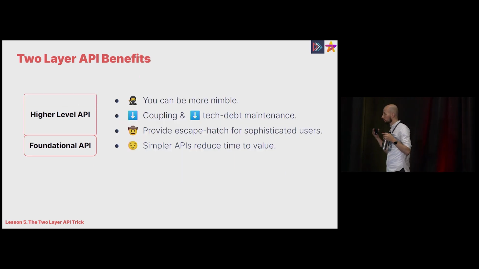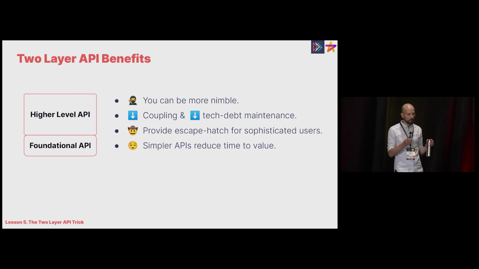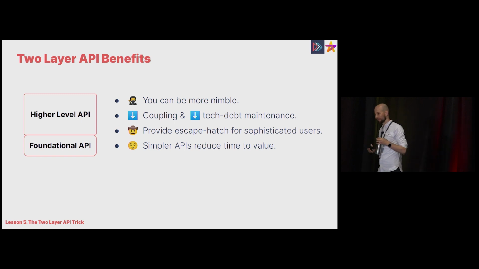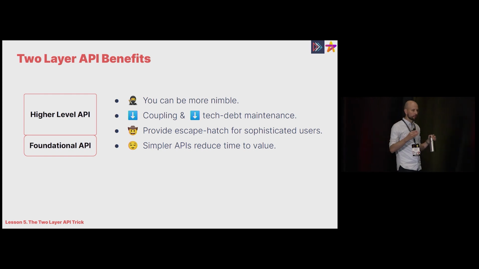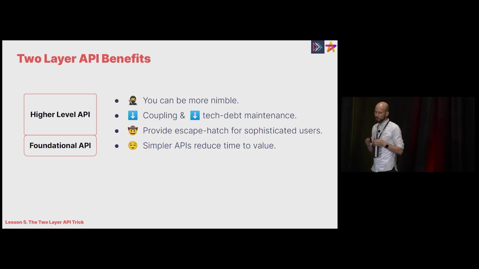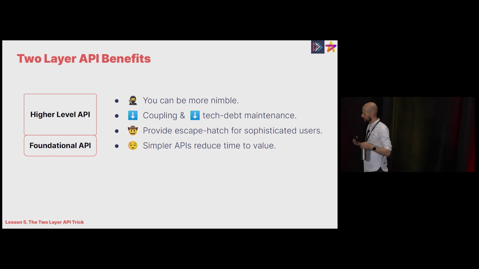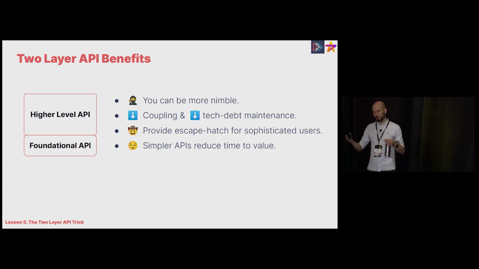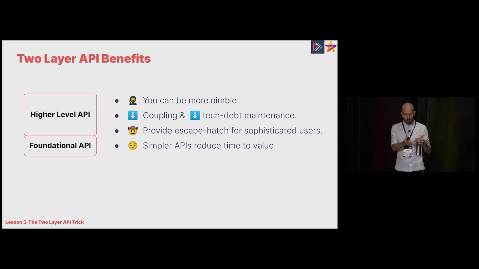Cool. So in terms of the benefits, right? Overall, I think this will enable you to move more quickly and more nimbly, right? So less of a short-term play, more of a medium to long-term one, since tech debt is the thing that really kills you and it kills your processes and platforms. And really, the reason why is that this helps you reduce your coupling, right? Your foundational API is the thing that couples to where things run and what things are, whereas the high-level API is more the semantics of what you do with your system. In which case, this helps reduce the tech debt maintenance that invariably occurs. So, for example, switching a vendor should be touching only the foundational API, not the high-level one.